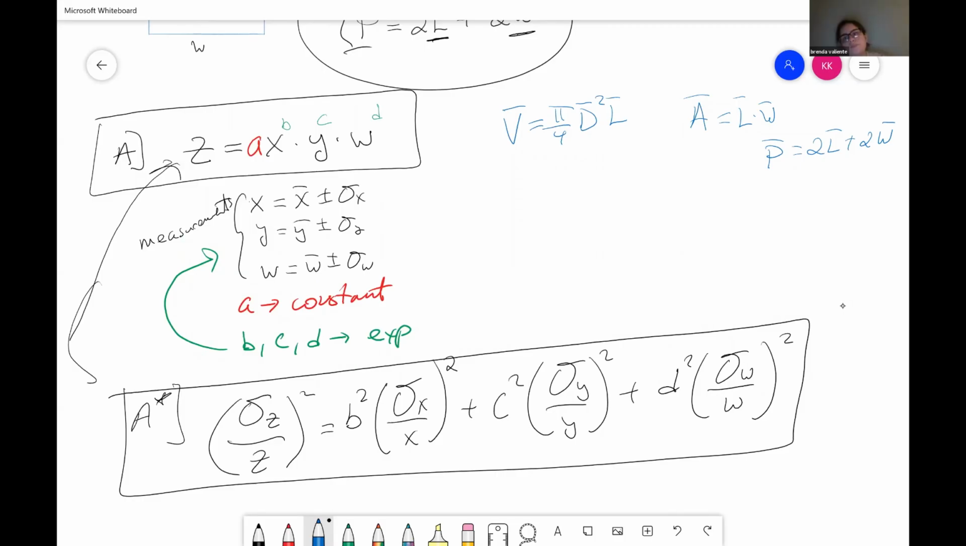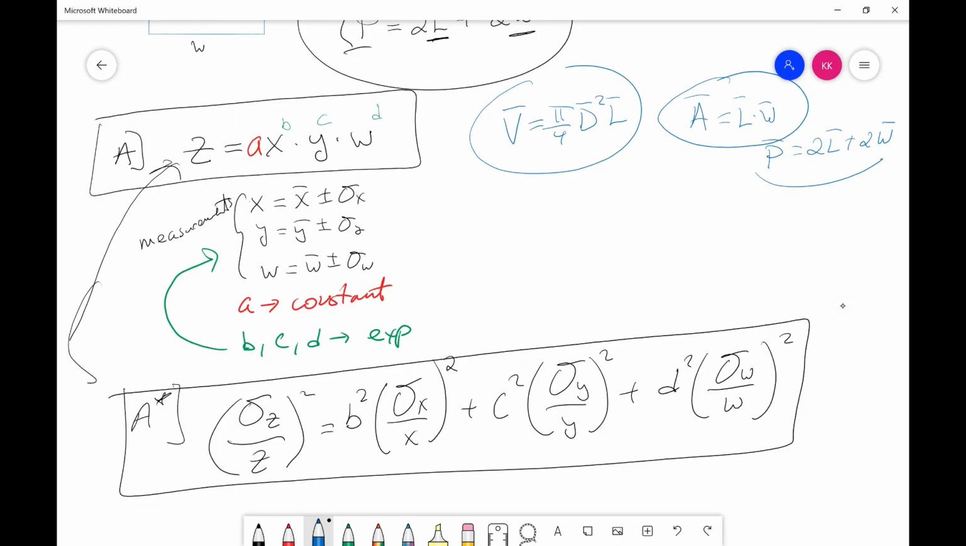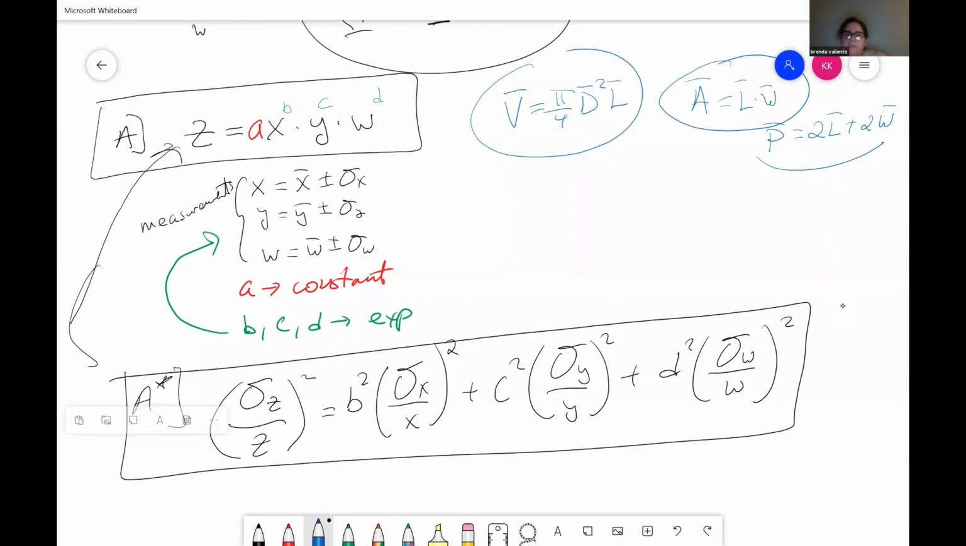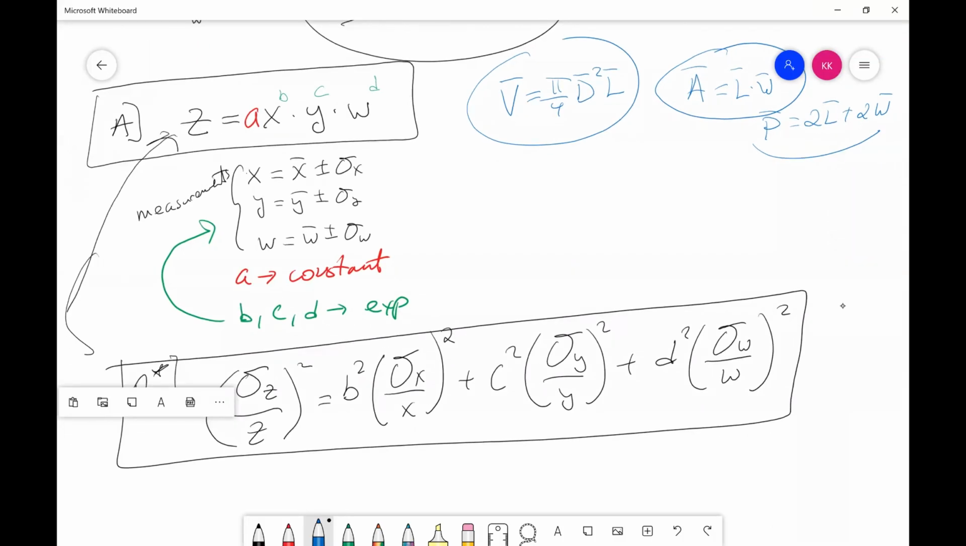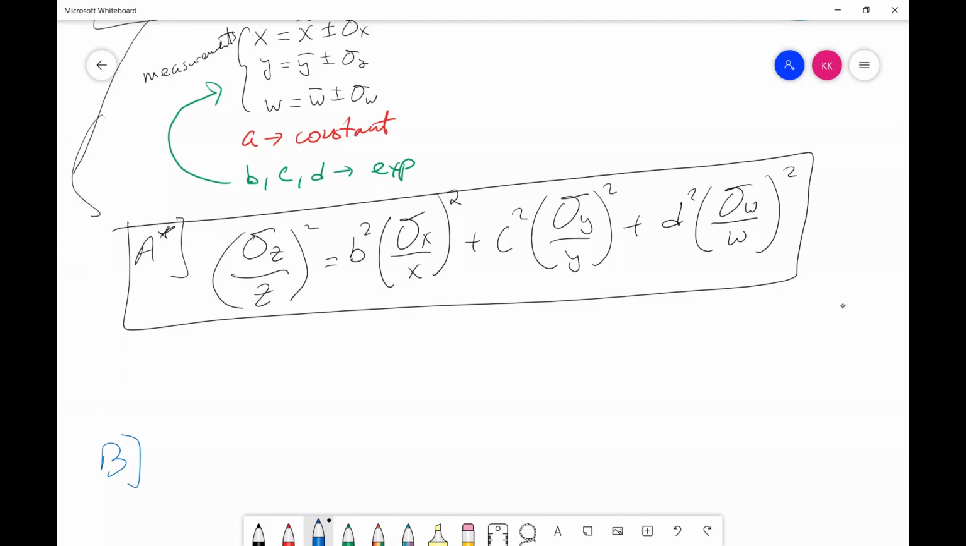Area and volume. How about the parameter? No, because it's not a product. Exactly, it's not. Because then there is a type B, which tells you if you calculate some quantity Z, then